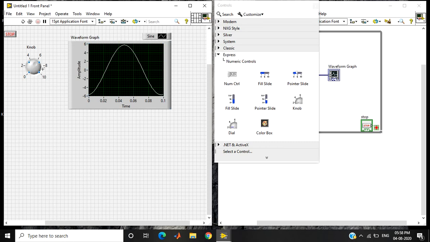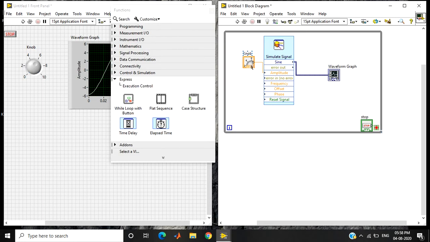Another option: when you use your knob, you can't set exact values of amplitude. If you want to keep exact values, then what we can do is go to your block diagram. We're going to do it another way. So we are going to delete this knob button. For that, click on this knob, press delete on your keypad.